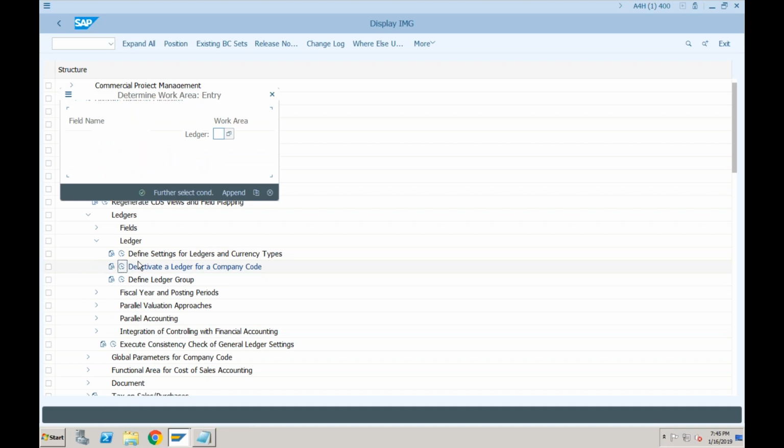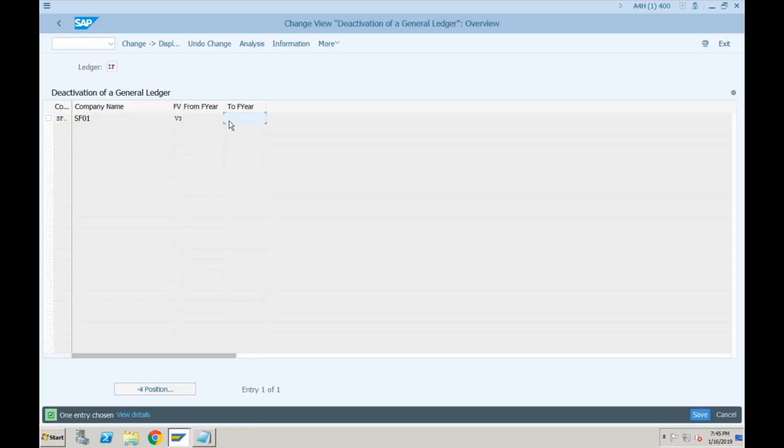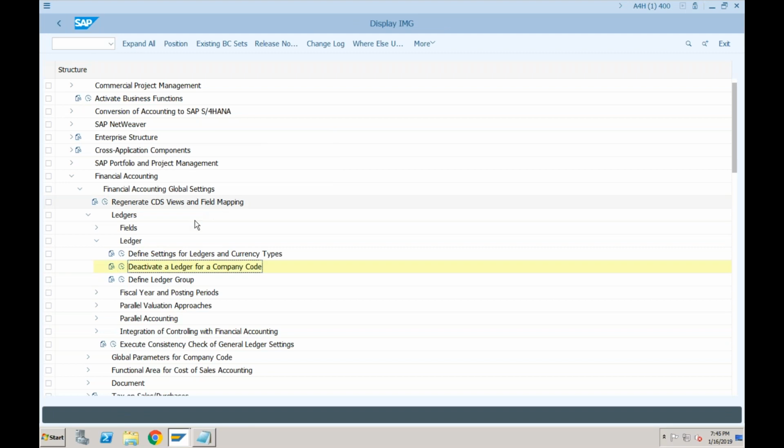So if you go here, let's say I want to deactivate ledger IF from this particular date. So you have to specify a to year here. Okay, so what will happen when you say the to year is 2019? This means it will be only applicable till 2019. In 2020, this ledger will not work. Okay, so that is the whole definition of what ledgers are and all.